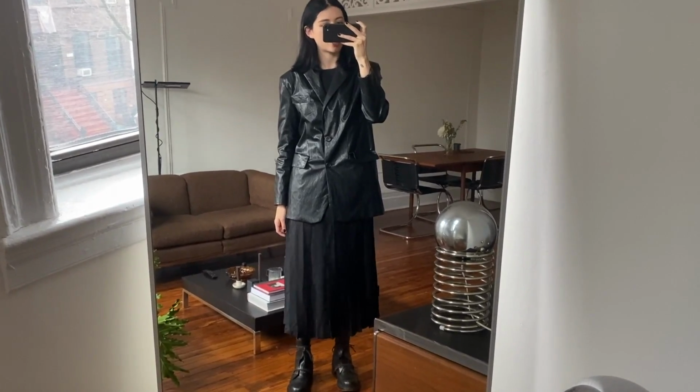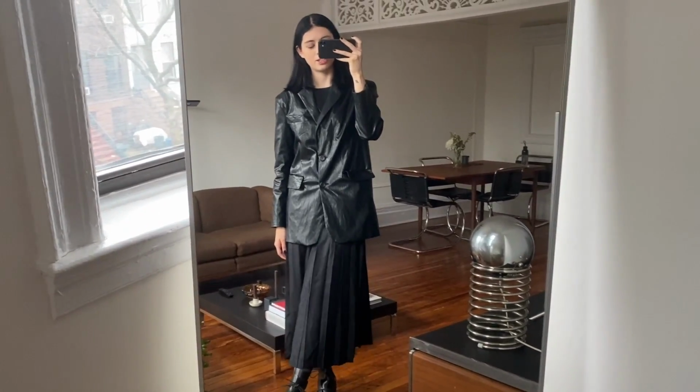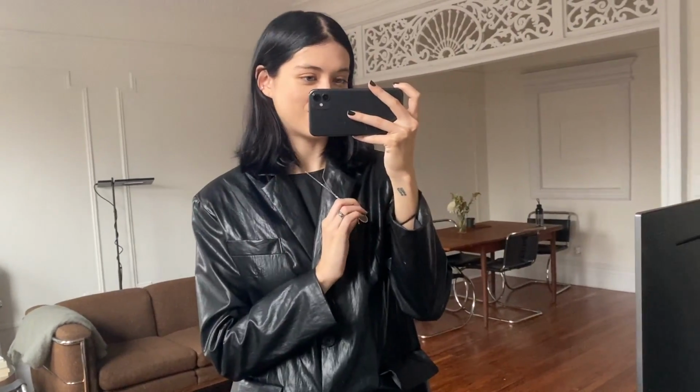And then I'm wearing this Jack and Jack pleated dress underneath. I probably should have steamed it, but it's raining outside today and it probably would have just gotten wrinkled again. I'm wearing this Stutz Trail Offerings necklace from a couple collections ago. I believe we're gonna be restocking these soon though for all of you guys that have been inquiring about that. So that's really exciting. And then I'm also wearing our oxidized band, which I think are also going to